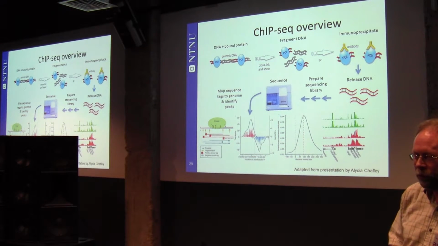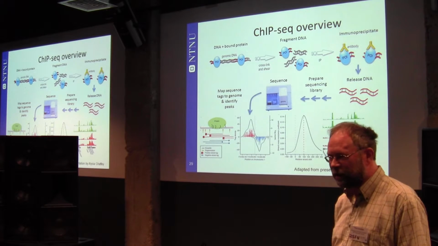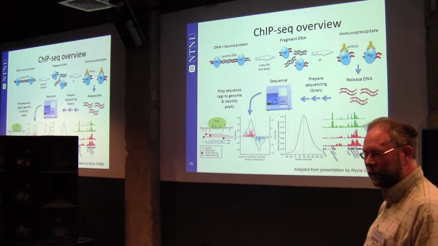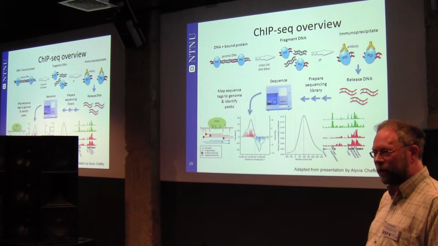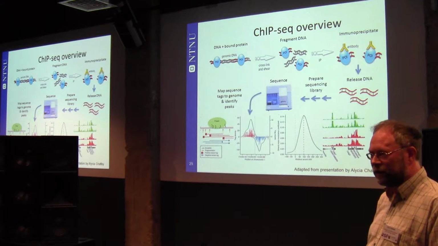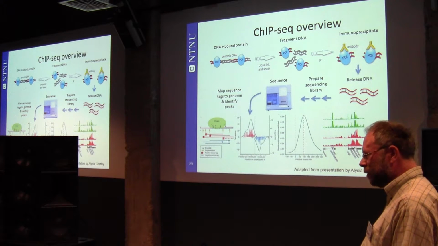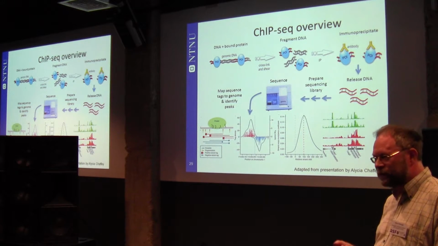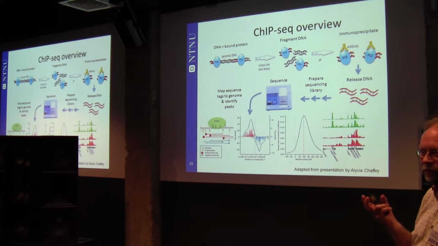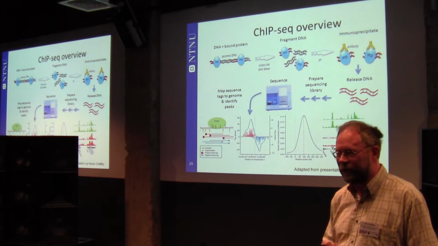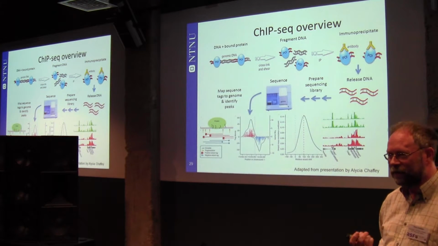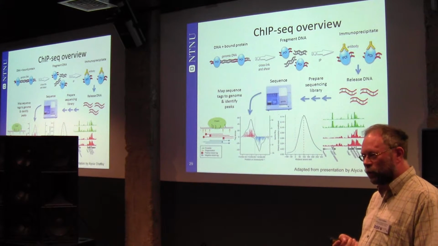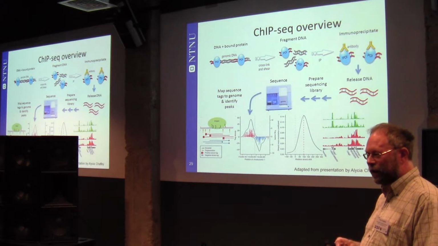Then you can do mapping of binding sites. You can predict where the binding sites are and try to find it, and then normally it will be close to the middle. But it also turns out that in most experiments where you do this mapping for transcription factors, you will always find some peaks that do not contain a motif for the transcription factor. And it's an interesting question, why? Why does that happen? Of course, some of it can be explained by